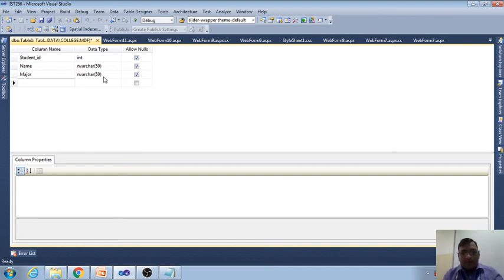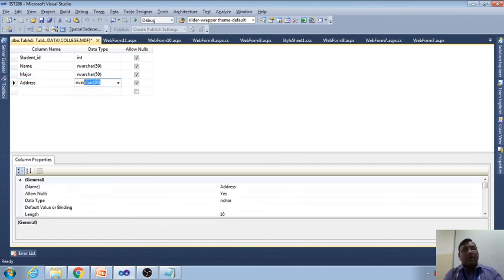After the measure we have the address, and this is also n-varchar 50, and after address we have mobile, and mobile is n-varchar, and I am going to make it 10.